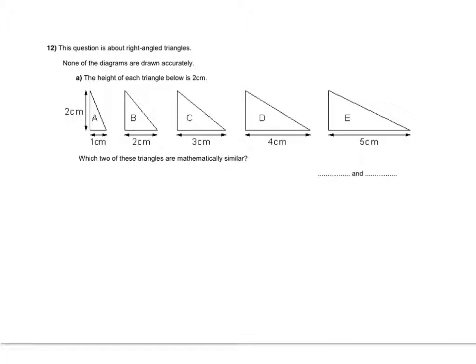Okay, so here we're looking for this word similar. We're looking for where you can times all the sides by the same amount and they will give you the new sides. So it also tells us that the height of all of these is 2. So let's just put the 2's on here as well. Okay, so if we've got 2 and 1,